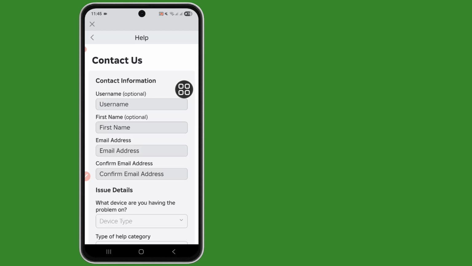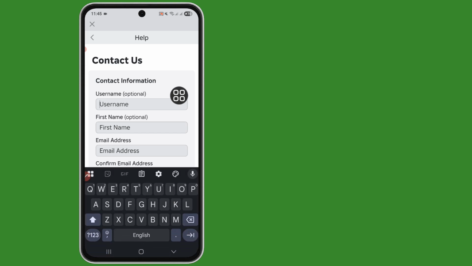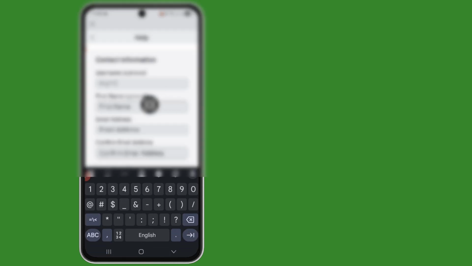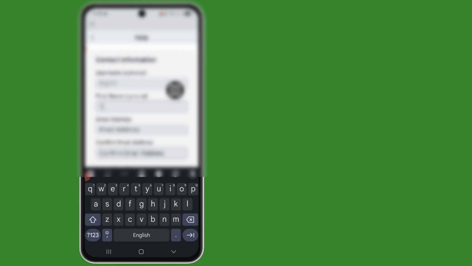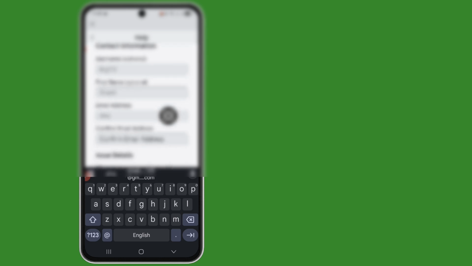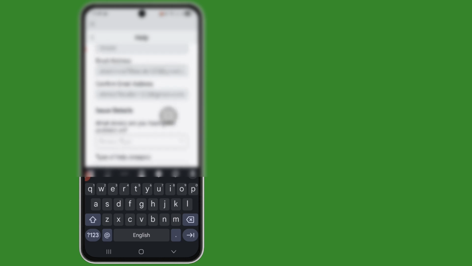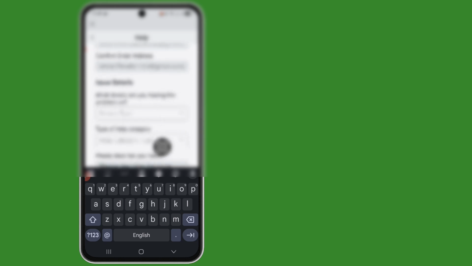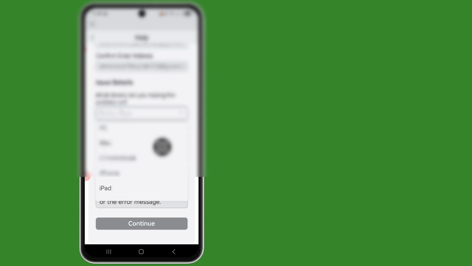and now contact information. First username, tap on username and tap on first name and tap on email address and tap on confirm email address, scroll down, tap on device type option, select your device,